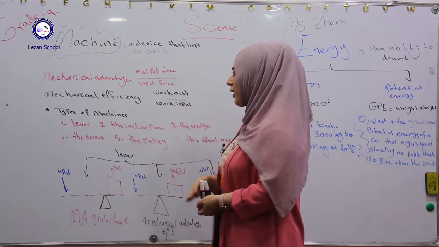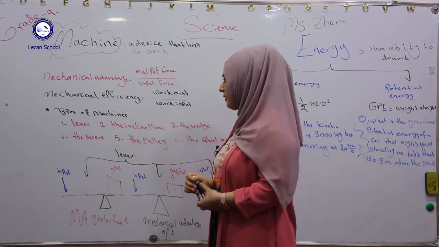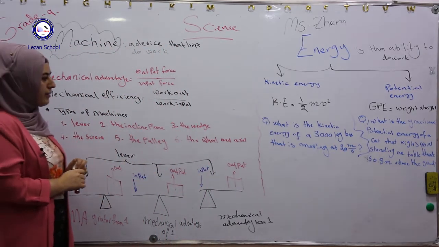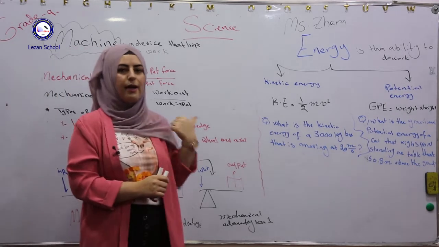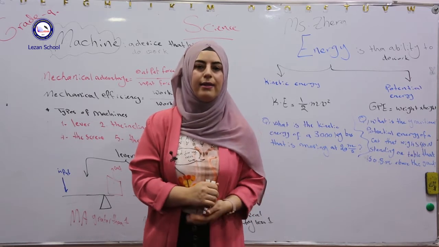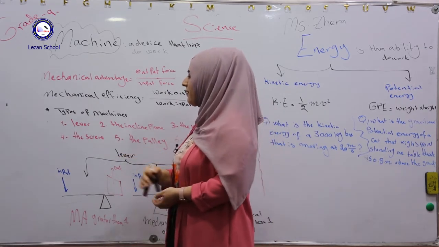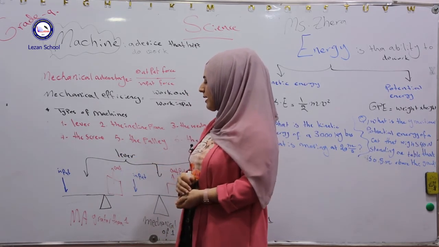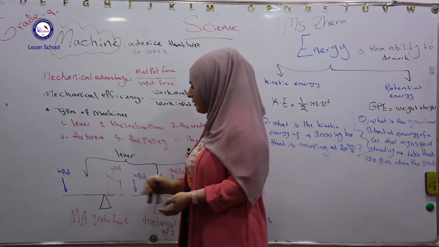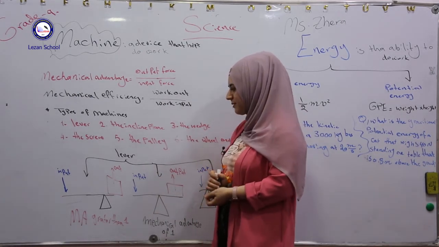And in this part, we are going to talk about types of machine. We have 6 types of machine. Number 1, lever. Number 2, the inclined plane, and then the wedge, the screw, the pulley, and the wheel and axle. These are the 6 types of machine. They have different mechanical advantages, different work applied, and different mechanical efficiency. So we will start with the first type, levers. We have 3 types. The types of the lever are first class, second class and third class levers, depending on the